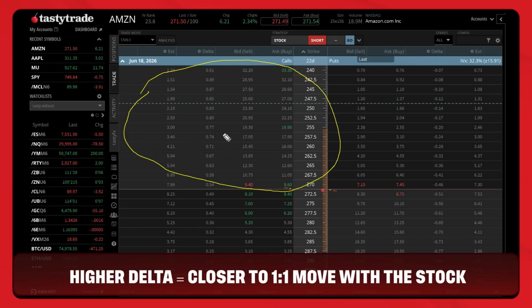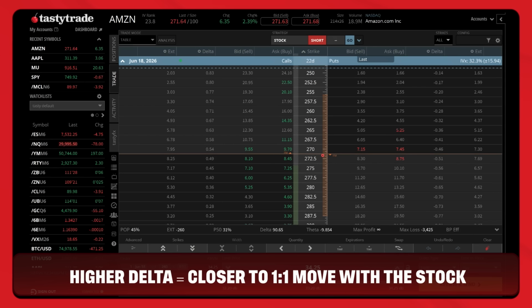And so if I'm looking for an in the money call option in Amazon, then I might look to do something to the effect of, I don't know, maybe we go to an 89 or a 90 delta call option. So I'd be looking at a 240 or a 242.5 strike. We'll choose the 240 since that is certainly a bit more feng shui than the 242.5. If I choose my 240 strike, you can see that it looks like I'm going to have to pay about $33 on the mid price